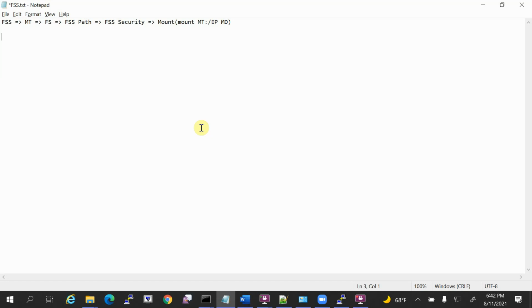Okay. So to understand the FSS, you should be aware of certain theoretical concepts. Only then can you use them practically. So first thing you need to know, we have a concept called mount target.